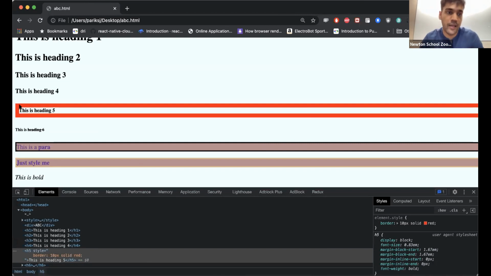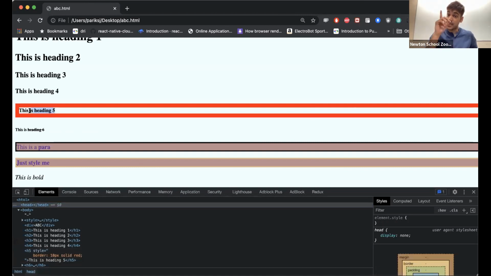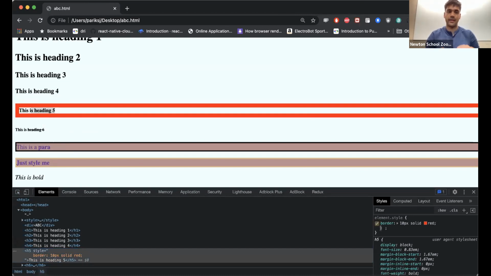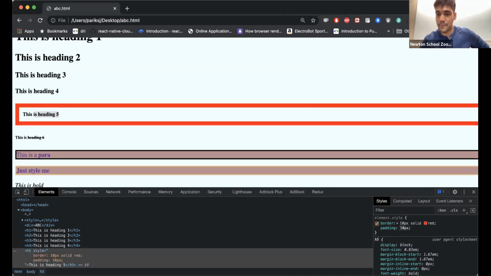And of course, अब क्या हो रहा है? The text is appearing very, very congested. It's appearing very close, है ना? तो अब हमें क्या पता है, guys? हमें पता है कि यार जो अंदर का text है, the distance that it is maintaining with the border and nothing else is called padding, right? So अगर हम इसको padding दे दें, let's say अपन बोलते हैं padding 10 pixels, right? तो guys, अब आपने देखा क्या हुआ? Now the inside of this thing is maintaining a distance of 10 pixels from ऊपर, from नीचे, from here, and from everywhere,